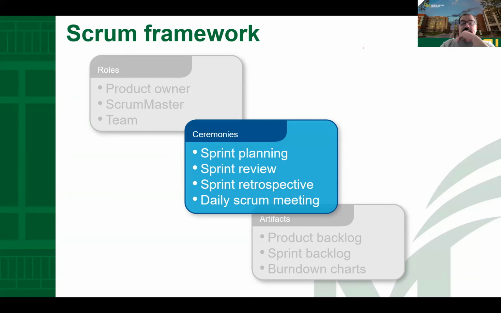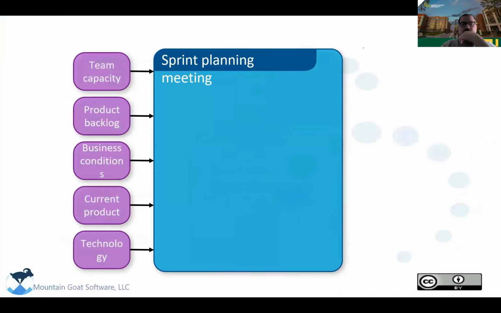Scrum has some ceremonies. Okay, so it's not a lot, but there are some ceremonies. The first one is sprint planning. What is the sprint planning? Remember that you have the product backlog, okay? In the product backlog,